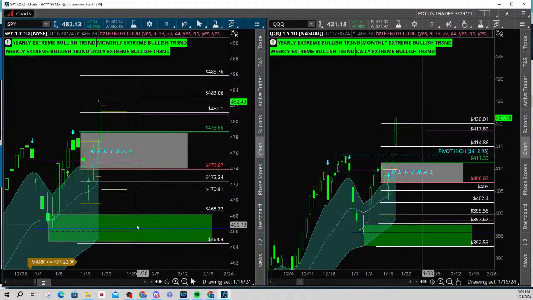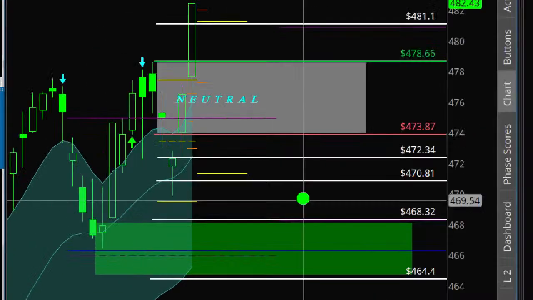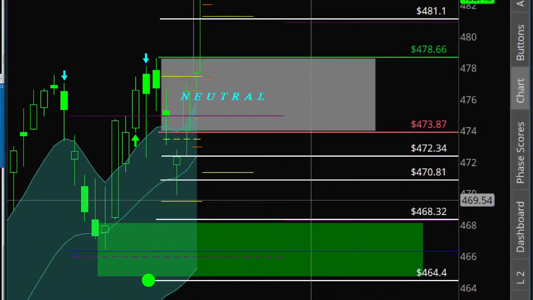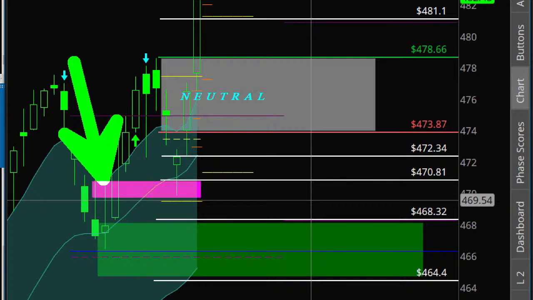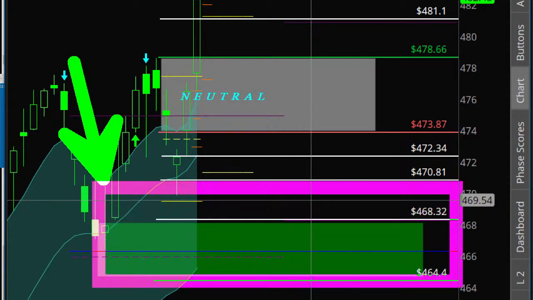Now I'm going to zoom in and I want to show you a couple things. This is a box that not only did I identify demand in, but if you notice, there are three ways to draw a demand zone. There's a conservative approach, there's a more aggressive one, and so forth. Aggressive would have been using this wick on the inside and drawing this green box, and it would have looked like this.